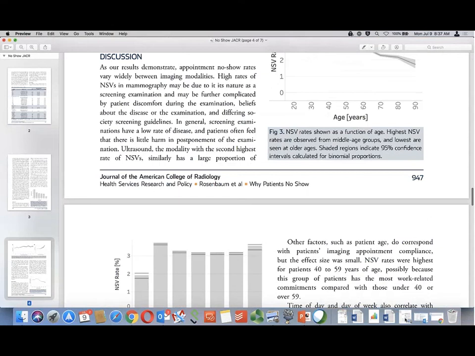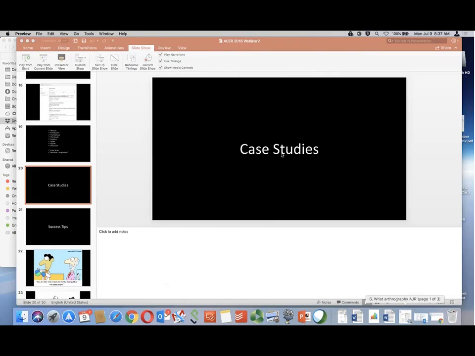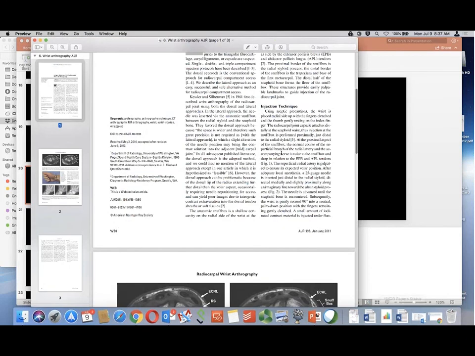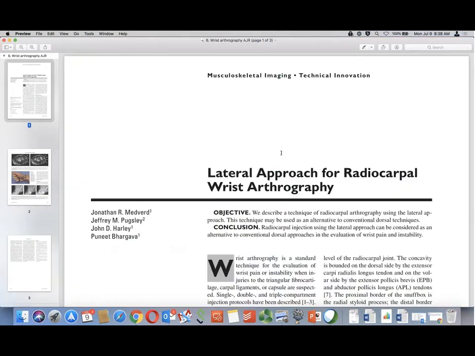let's say you did something that's new or novel, and you think you're the first person to do that, and you want to write it up, and you're collecting cases, but you want to write a case series. But if you did something new that's a technical innovation, I would write it as soon as you're able to show that that technique is safe for patients. Don't wait to collect 15, 20 patients. Once you do have them, you can write a larger case series, but you should always write your technical innovation